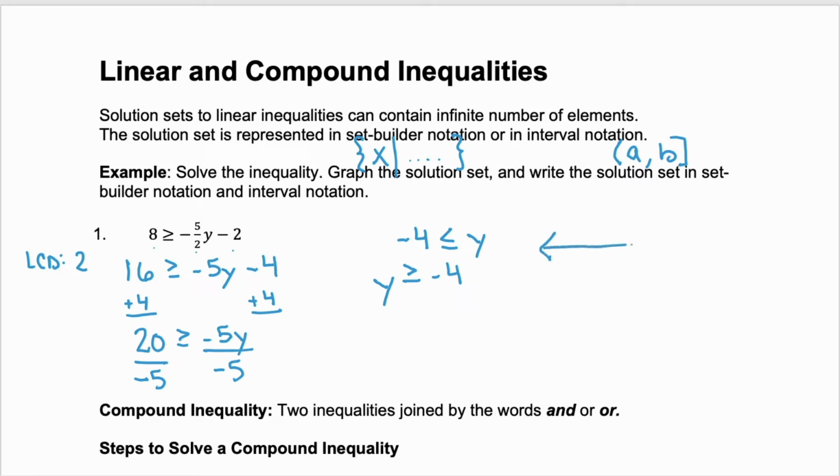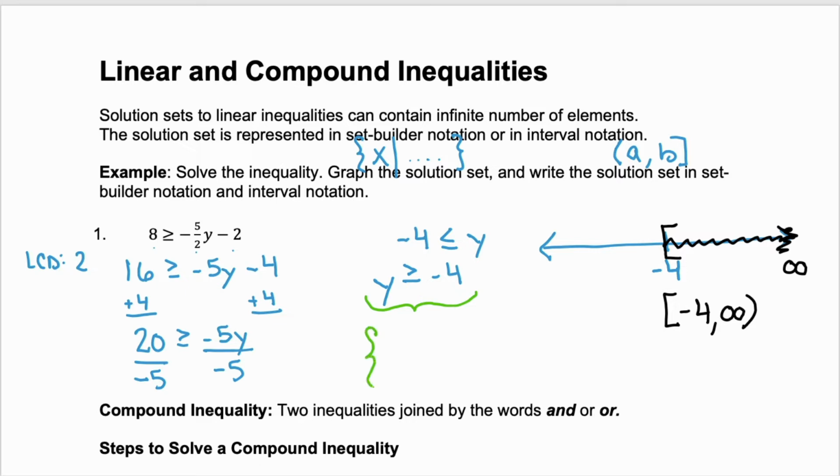And we can put this on a number line. We have our negative 4 here, and to be greater than or equal to negative 4, we need a bracket at negative 4, and we shade to the right, which is towards positive infinity. This gives us the interval notation, which is negative 4 through infinity,